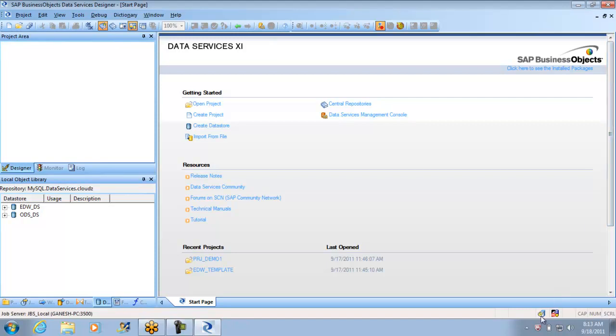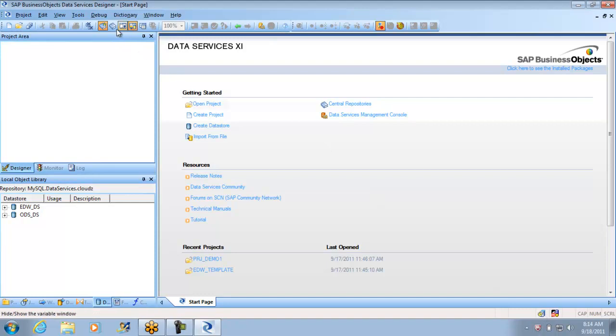Yesterday I ran the installation on a couple of your machines, and if anyone wants to verify whether a job server is working or not, you can run a job. That's one way. The other way is to look at the screen now. I think you should be able to see my screen by now. I'm rotating the mouse at the point where you have a server symbol. If you see a cross mark, like you are seeing on the profile server, there is a problem. Whereas in this server there is no cross mark, which means this server is in good shape. You can run a job using this kind of job server.